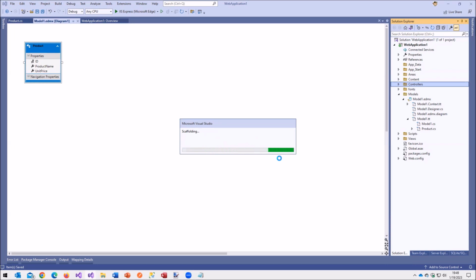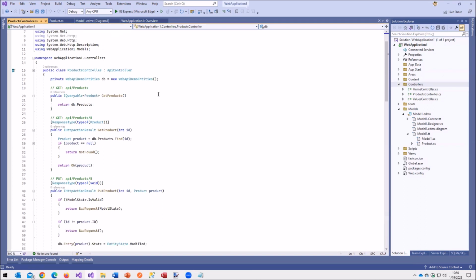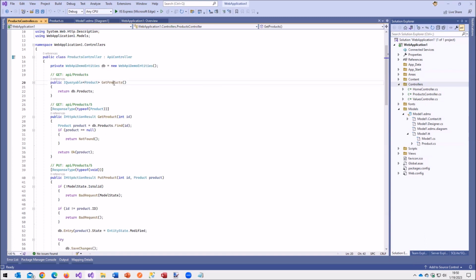And, okay, Tom has a great question. And then it goes off and does essentially scaffolding out. So there's exactly what you had that I'm calling in my existing one. Notice that it just created this and says, okay, get products, db.products. Now this uses Entity Framework, which is an object property approach to querying a database.